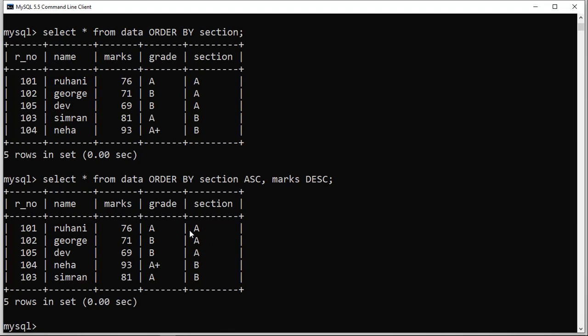So among these three students that were in the same section, the results have been sorted. Okay, and then for section B again you can see the order has been set in descending order. Among section B, the highest marks was for Neha, that is 93, and then second in descending order is the 81 marks of Simran. Okay, so in this way you can sort on multiple columns.